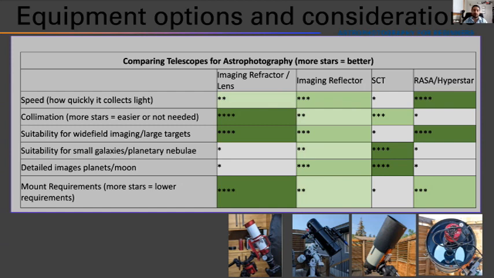If you get a very large refractor, which are, again, not that common, like the 7.5-inch ASCAR triplet APO that recently came out, that weighs, I think, around 45 pounds or so. So, of course, that is going to buck the trend of mount requirements for imaging refractors. But since there are maybe a handful of them out there right now, I did not take that into consideration. I went with the usual 2 to 4-inch apochromatic refractors that people normally use for imaging. So this is not a definitive guide. This is just a guideline based on my experiences using all of these different kinds of telescopes.